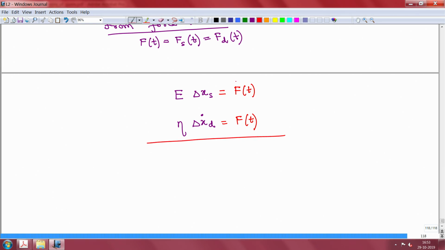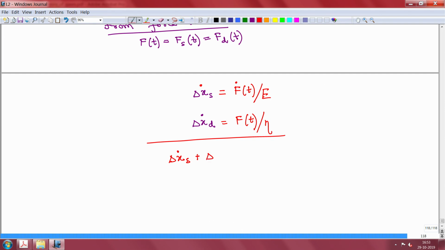If we take the derivative and then add up the two cases, I am going to remove this E and put it in the denominator here. And similarly I am going to remove eta on this side and take that here. Then you have your delta x s